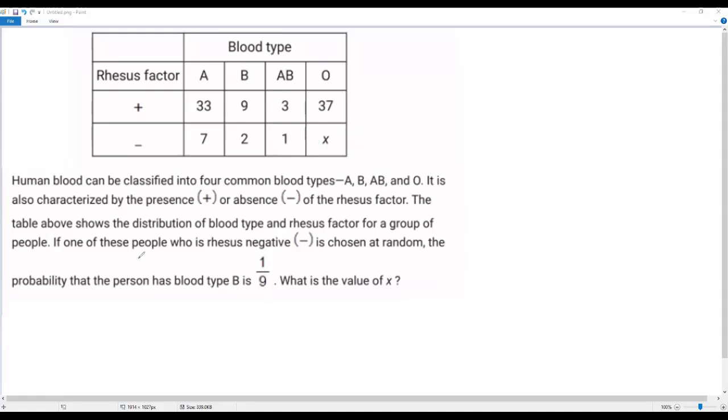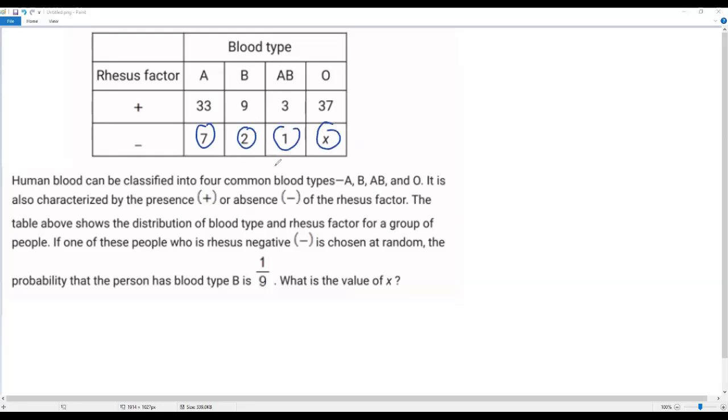Also in the question, there is a probability given: if one of the persons who is rhesus negative is chosen at random, the probability that the person has blood type B is 1 over 9. Let's find the same probability from the table. For that, first I have to find the total number of people who are rhesus negative. In the given table, the last row gives the people who are rhesus negative. To get the total, we have to add this 7, 2, 1